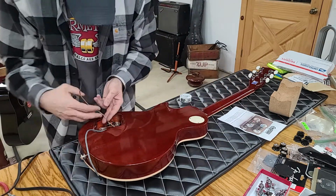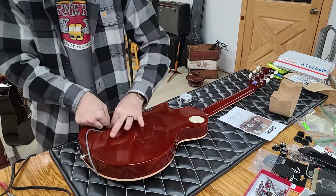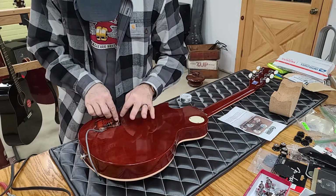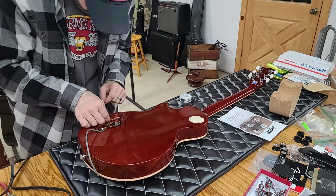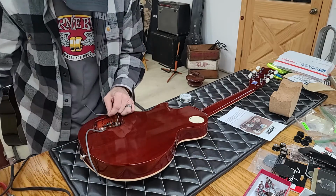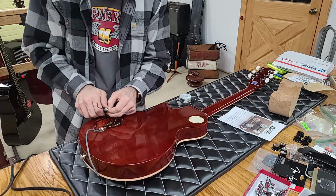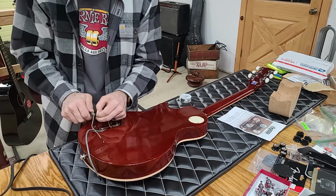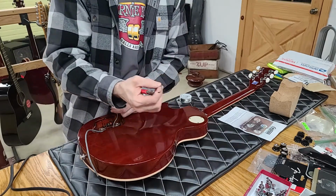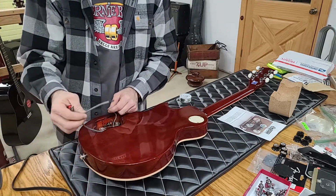Alright. Push a little bit back in. Swing this around like so. Cut that off there. I'm going to try and use these for the jack as well. I didn't realize that this was